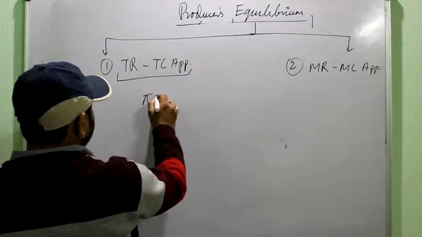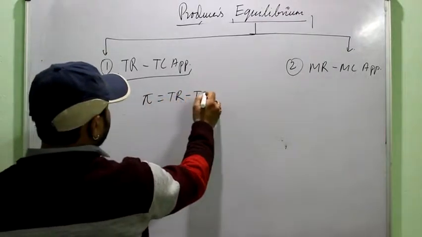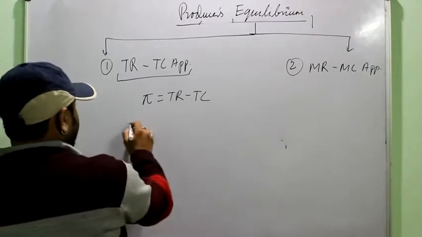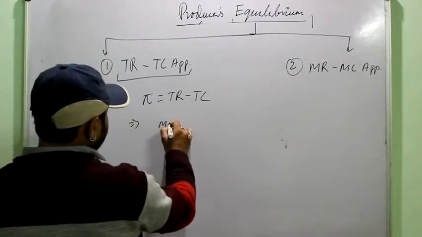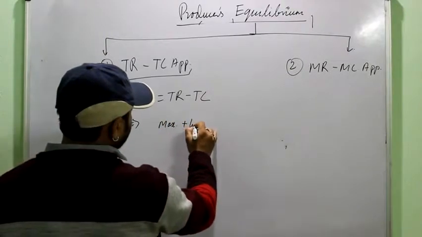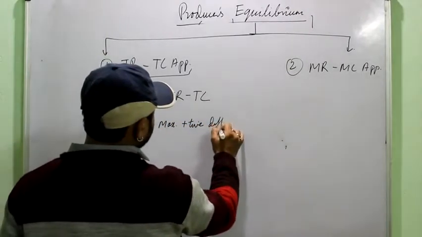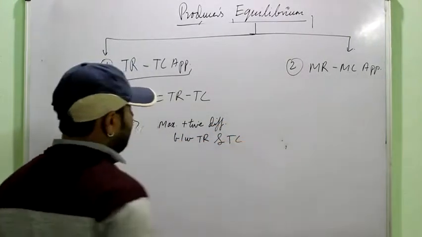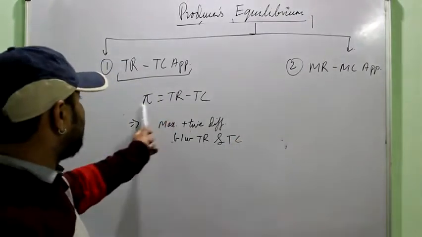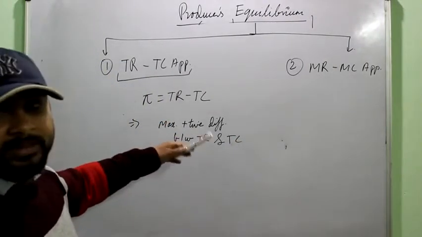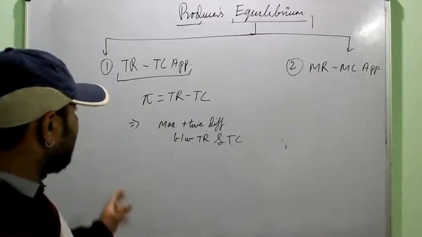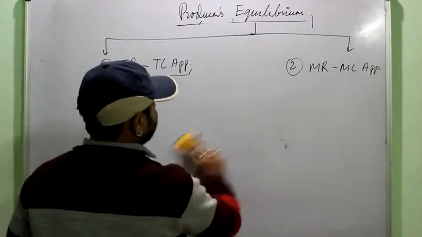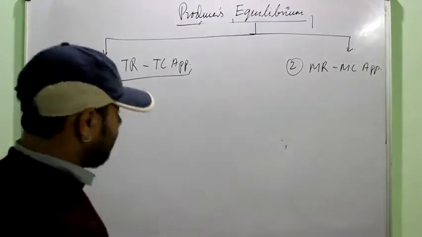It is simply based on the mathematical representation of profit, that profit is equal to total revenue minus total cost. And it says that the producer can maximize his profit when there is maximum positive difference between TR and TC. Difference between TR and TC means TR minus TC, that is profit. Maximum positive means it should be in plus, that is, it should not be loss, and it is maximized. Actually it is a simple, old approach. With the help of a diagram also you can explain it.